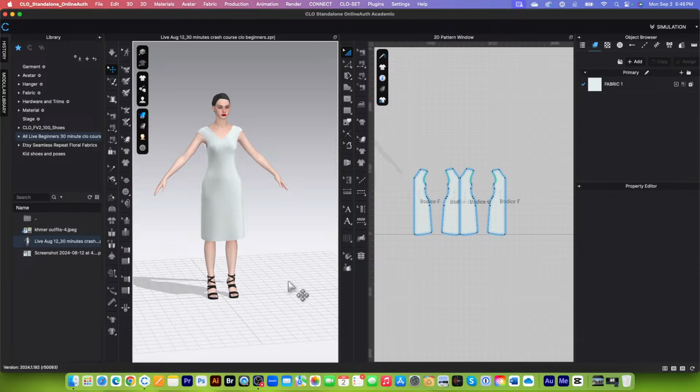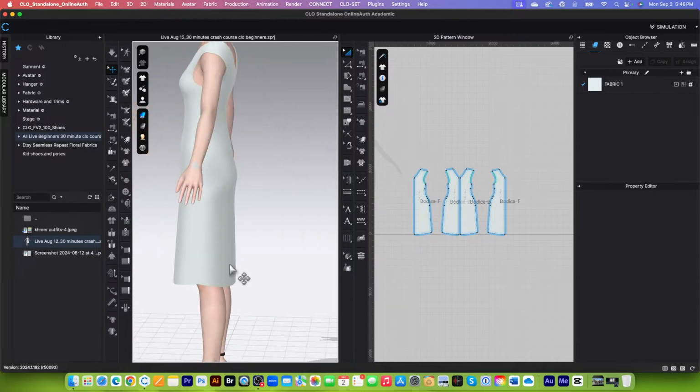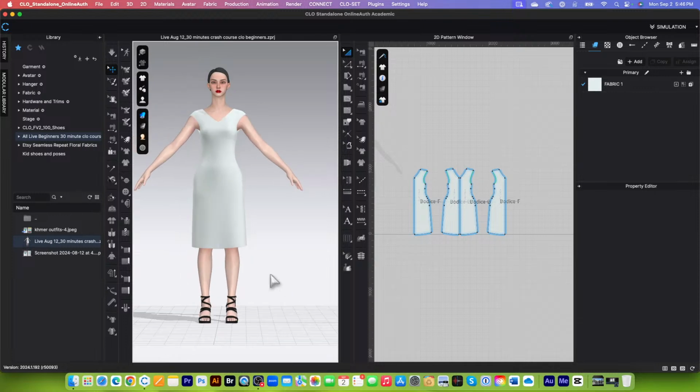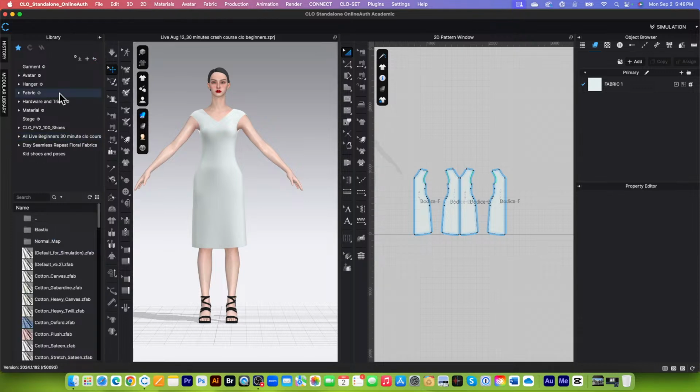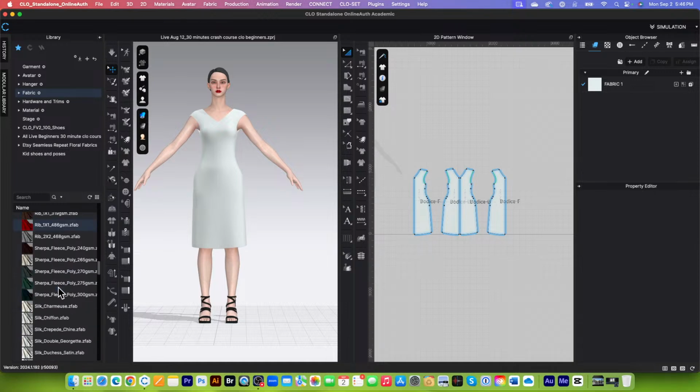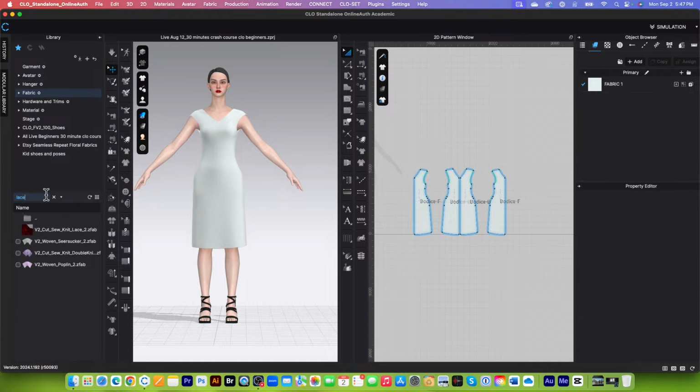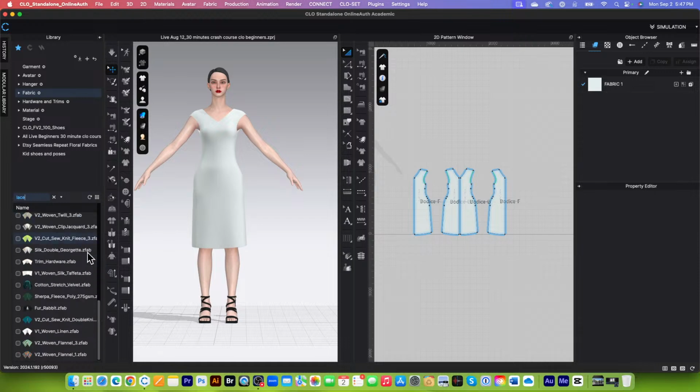Okay, so this, by the way guys, is a default fabric, and we want to change the fabric to a different kind of fabric, for example like knit or cotton. To do that, we will come over here to the library tab, and then double click on this fabric folder, and you can either drag and drop from here right now, or you can type in the search box to search. Let's say I want lace, and type in lace, and then press return, enter on the keyboard. Let's see what kind of lace fabric they have,